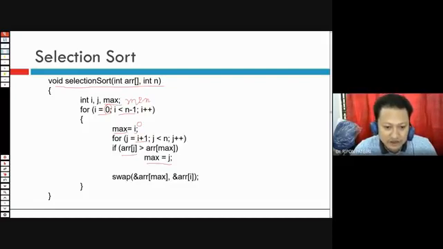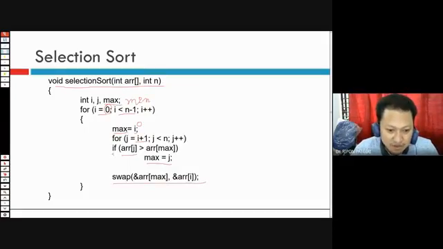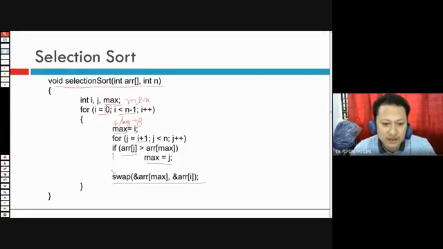If it is modified, then we will swap. So here, if we would like to reduce the number of swapping operations, then we can take a flag. Flag is initialized to 0, and if max is modified, then flag equals 1.